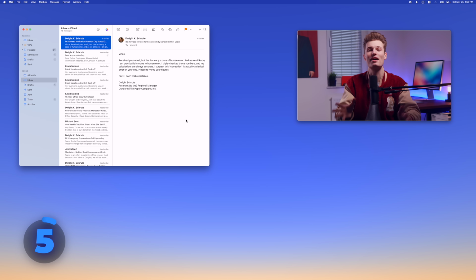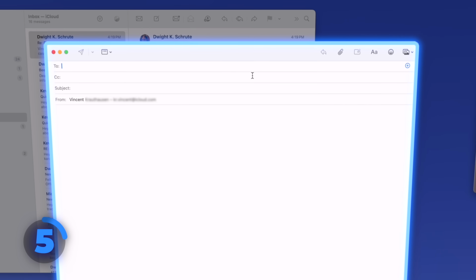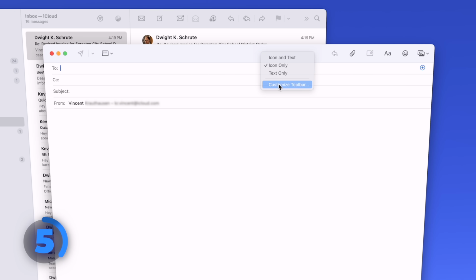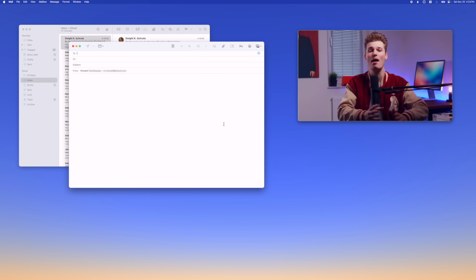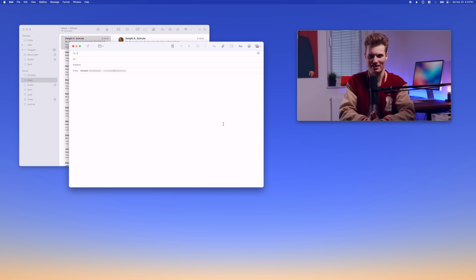And you might have guessed it, the toolbar in the new email window is customizable as well. And quite frankly, it's even more useful there. We can add options to create a checklist, quickly change the font size, or append an email. We'll get to what that last feature can do in just a bit, but before, let's dig a bit deeper